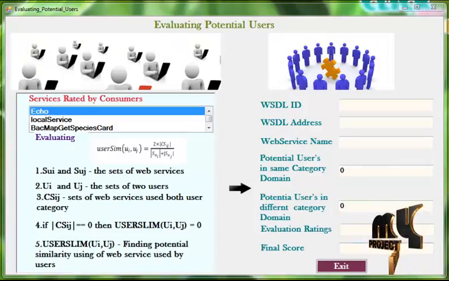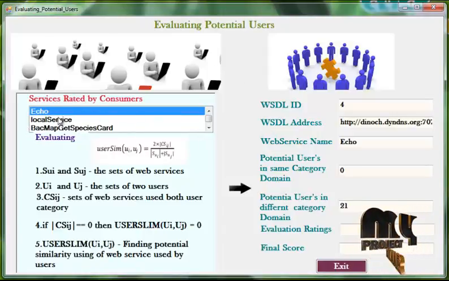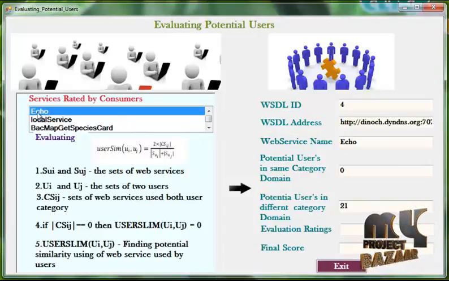Now the second type of evaluation is evaluating the potential users. Potential users are nothing but the users who are rating the particular service. So we already saw we have rated this service, echo service, we have given some ratings, right? We already know that we have rated the service as best. So our ratings will come here.